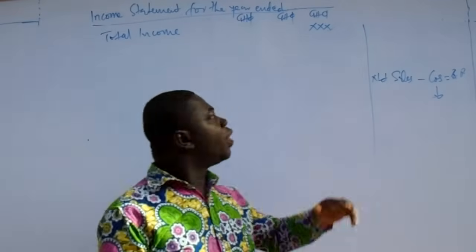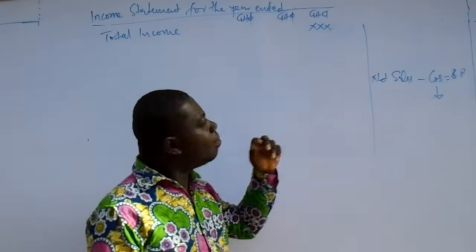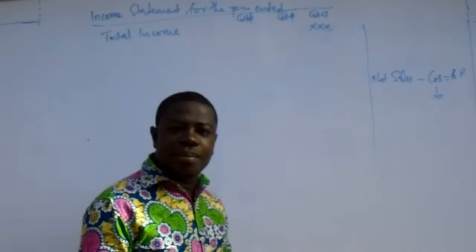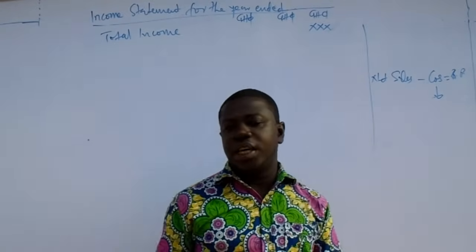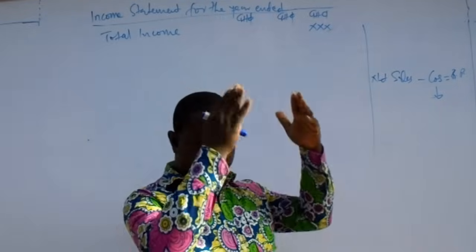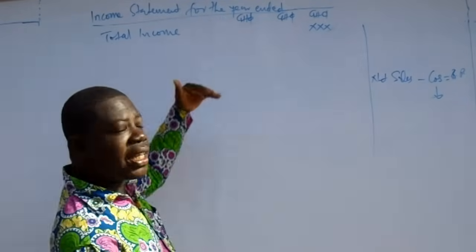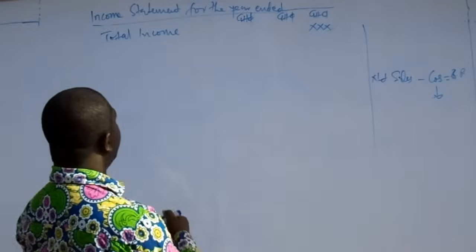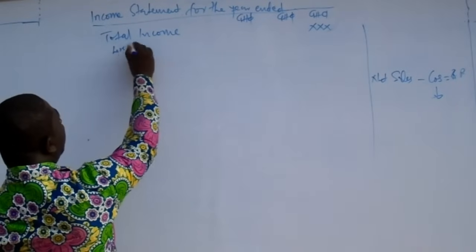Okay, so now we have our total income, and what we do now is that we just take out our expenses. We are preparing it together, but I'm starting afresh because of the space I have. And so we will deduct expenses,